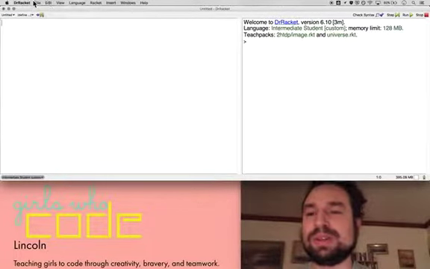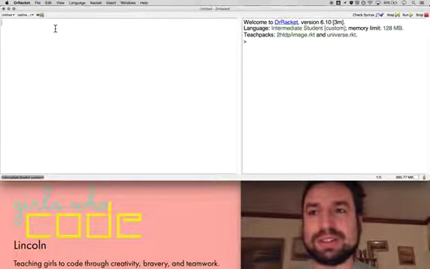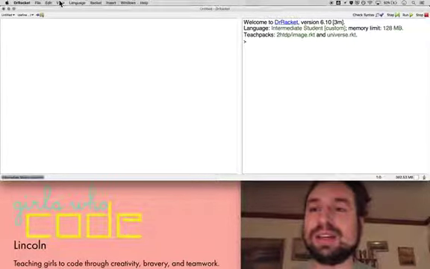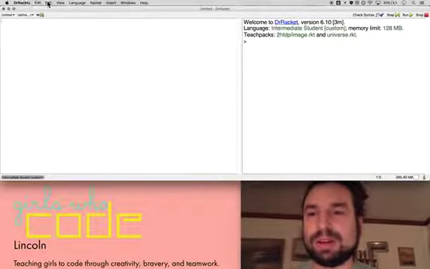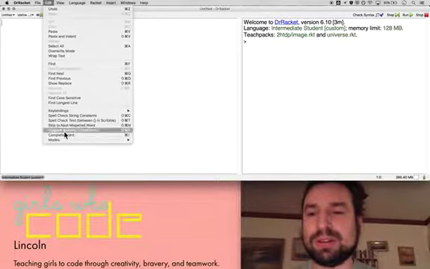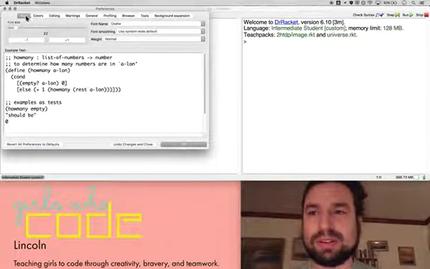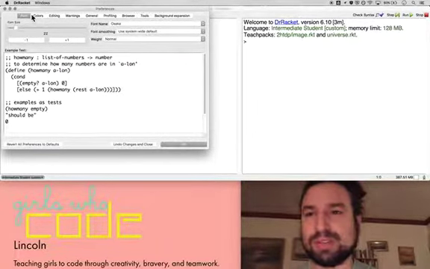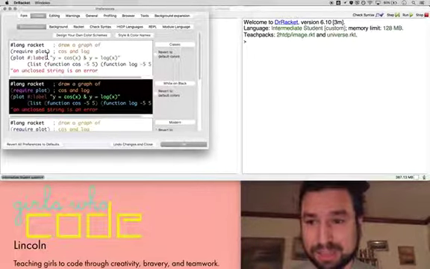But we've seen that we can change the background to black and get different colors, and some people like that. I like that. So I'll show you. On a Mac, it's the DrRacket menu, preferences. On Windows, it'll be in the edit menu, and right down at the bottom, it'll say preferences. When you open it up, there are several different preferences tabs. You go to colors, color schemes, and then